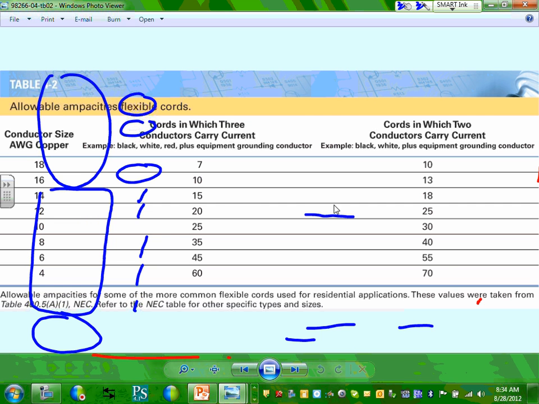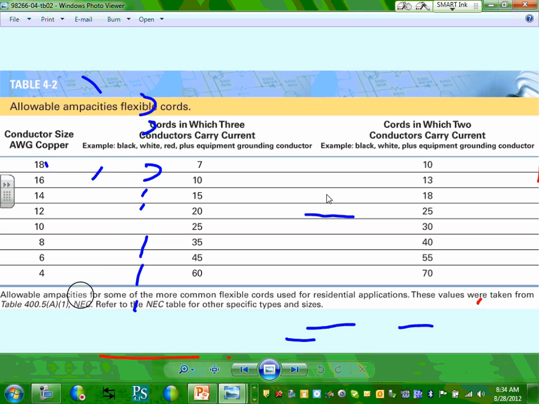Cords with two conductors? I don't know how many of you guys have been there. If you have cords, they have different tables that give you different ampacities for cords. Know that one, just FYI; very few of you would be using it. But this is for cords. I can't emphasize cords enough. This is coming from